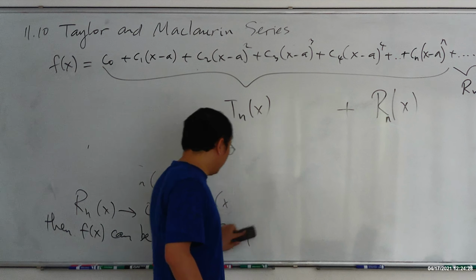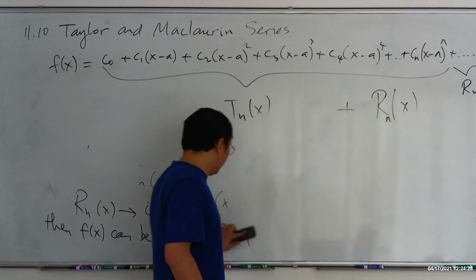And the remainder theorem says this: if f^(n+1), you take the derivative n plus 1 times of x, and this is less than or equal to M on the interval of absolute value of x minus a less than d, and d here is smaller than the radius of convergence. Okay,